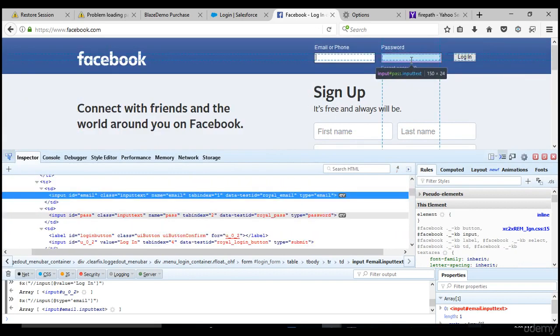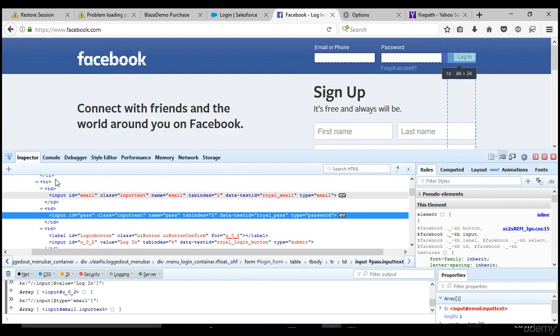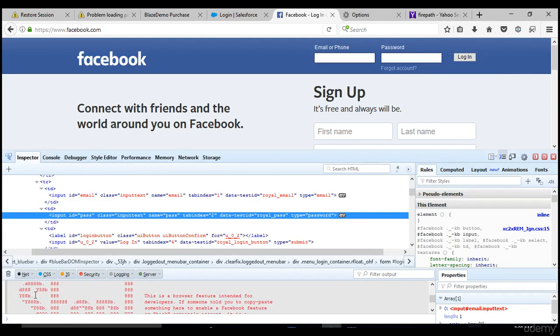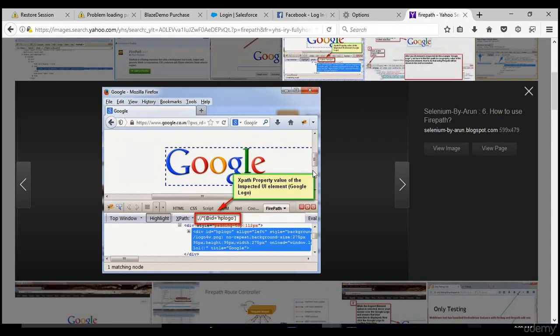Now we will see password. In the inspector tab itself, come to the bottom, or you can just open the console window. It's up to you. Even in the inspector at the bottom you have this to validate. In my coming lectures I would be using a tool called FirePath, and whatever validation I write here to check if it is correct or not, I'll be doing at this point.